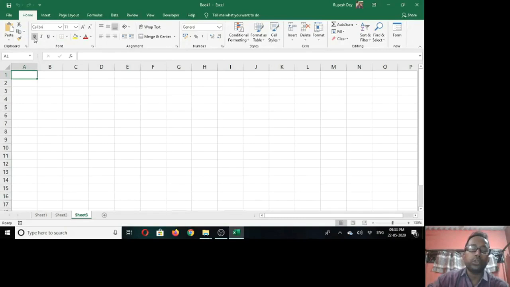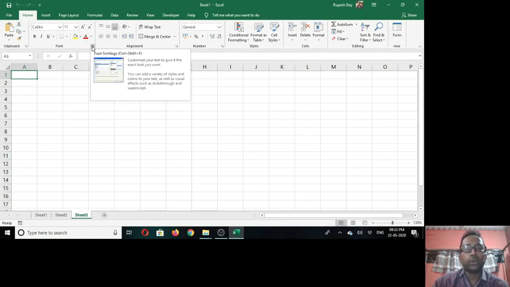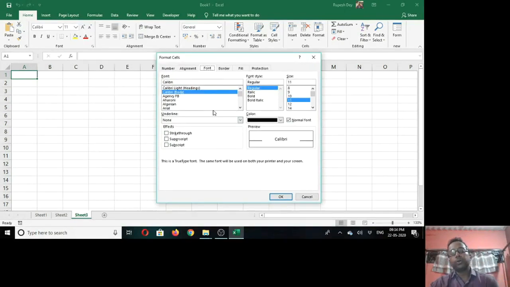These are the tools or buttons to perform different font related tasks. At the bottom right corner of each group there is a small arrow. This small arrow is called the dialog box launcher. You click on this, and one dialog box will open. This dialog box will contain many tabs and commands to perform different font related operations. So you can perform any font related operation by clicking on the buttons present in the Font group or by selecting the options from this dialog box.